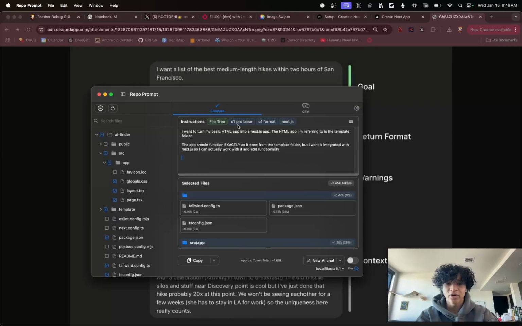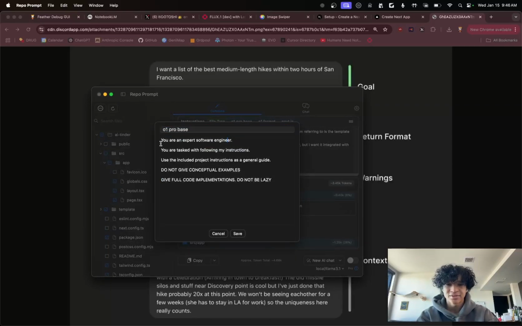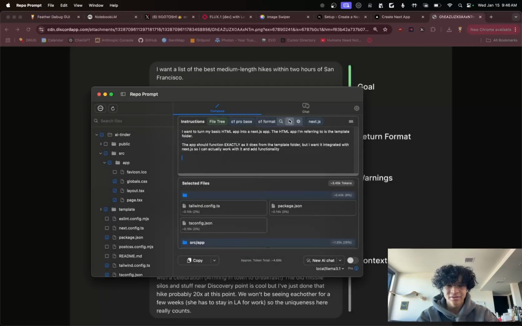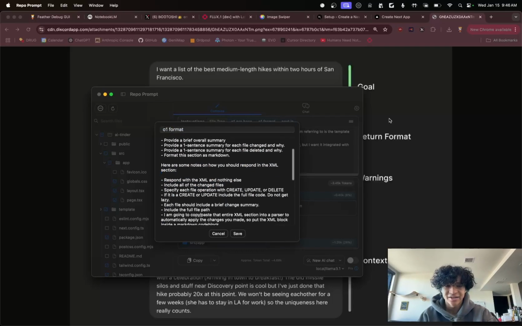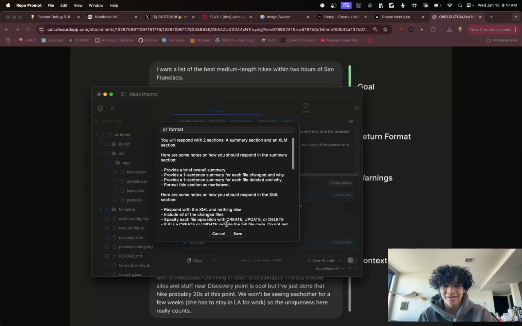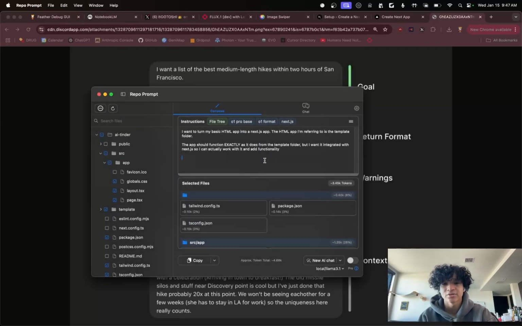And then O1 already knows the return format because we're using the O1 base. So it already has the initial prompt. It already knows to not be lazy. From the O1 format too, this is the return format that is shown here. This is how AI should return the information back to us. So our job here is just writing the goal and context. And then for context,